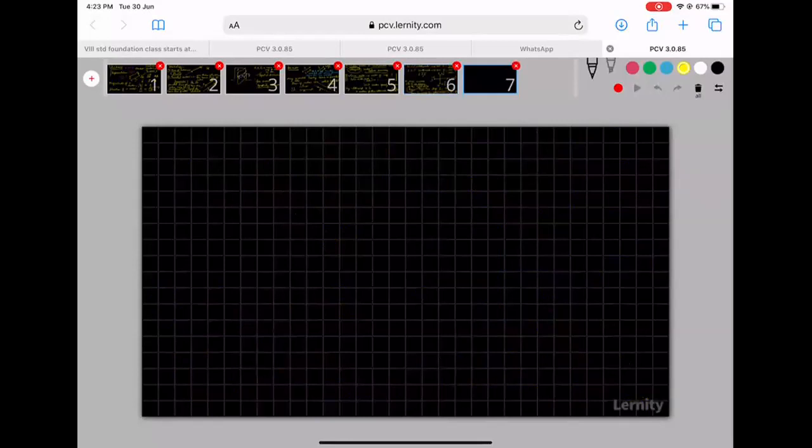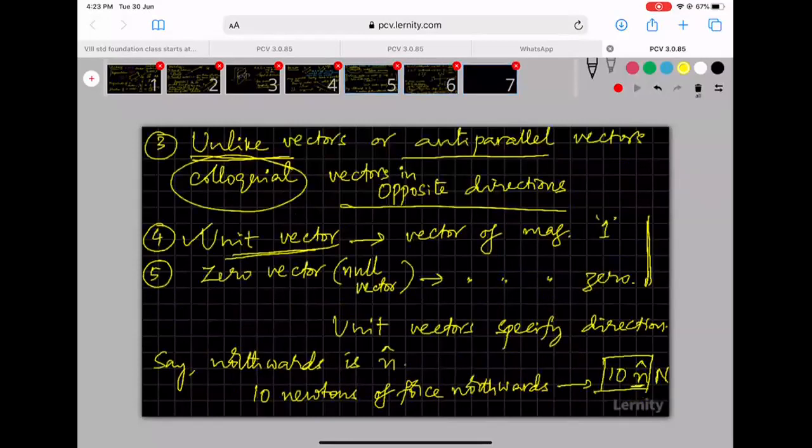So after the unit vector, what is the zero vector? What is the purpose of a zero vector? A zero vector is a vector that has magnitude 0. So what's the point of that vector? Mostly the zero vector has no direction, obviously, because it has no magnitude. If there is no magnitude, in what direction can you point it? It can have a random direction, what you call an arbitrary direction. A zero vector has an arbitrary direction.